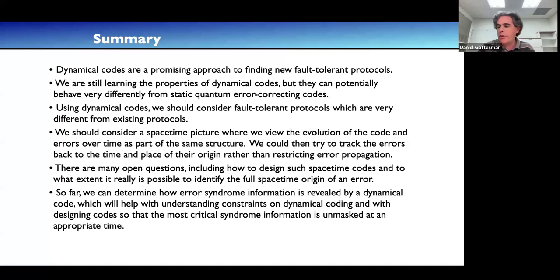Right. So I mean, this is one of the things that I think is not really understood. So far, basically all the work has been done from the standpoint of somebody having come up with a protocol and given it to you, and they say, okay, you're going to do these gates, you're going to do this sequence of measurements. And all these examples are stabilizer codes. So if you have that, it's easy to analyze and say, oh, well, if we make this measurement, the new code is going to be this. But